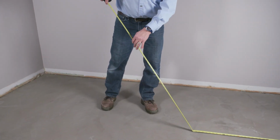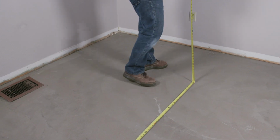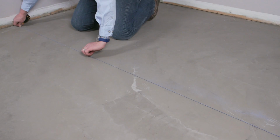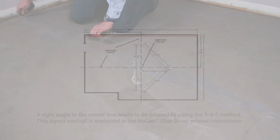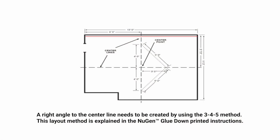Measure the room to find the center. Mark substrate with a pencil and chalk a line. It will be necessary to create another line at a right angle using the 3-4-5 layout method described in the written installation instructions. Once these lines are established, measure from the line that is parallel to the longest wall using